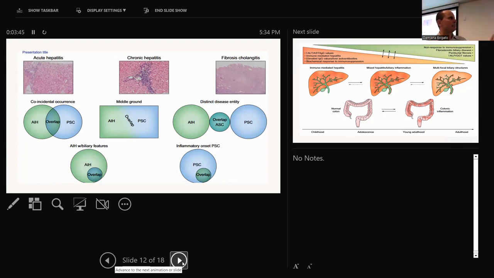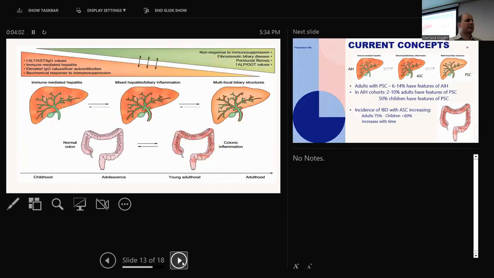And obviously there are a number of people at each extreme of this who have either autoimmune hepatitis or primary sclerosing cholangitis. But particularly in pediatrics, we find a lot of people in the grey zone, the coloured zone there, in the middle section. So just looking at this as pictures, this is immune-mediated hepatitis, or autoimmune hepatitis, on the left-hand side as you're looking at it. And then on the right-hand side, we have primary sclerosing cholangitis, and in the middle, we have overlap syndrome, or